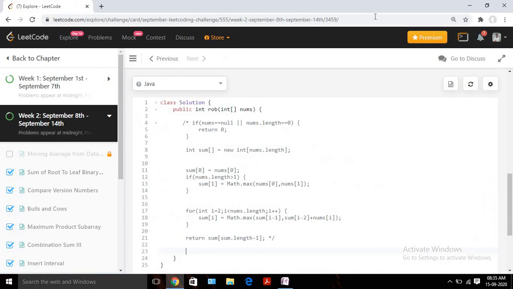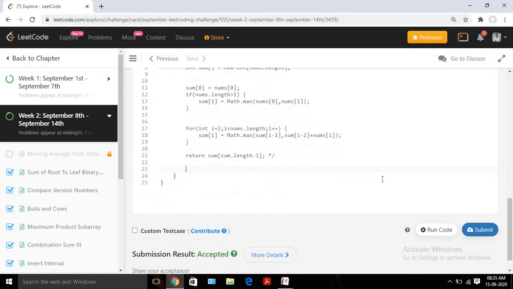Okay, so let's try to write the logic for the same using odd even. That will give you a much better understanding. So for this case, we are going to take two variables, probably oddSum, and initially it will be 0, and another one, evenSum, again initially 0. Now I don't need any extra array to store the values.